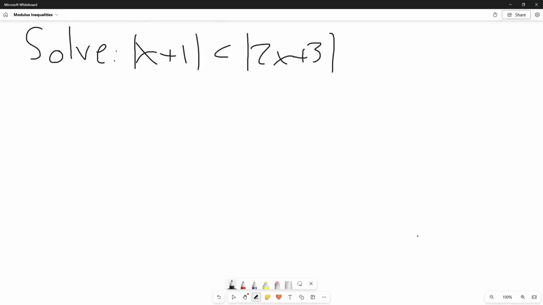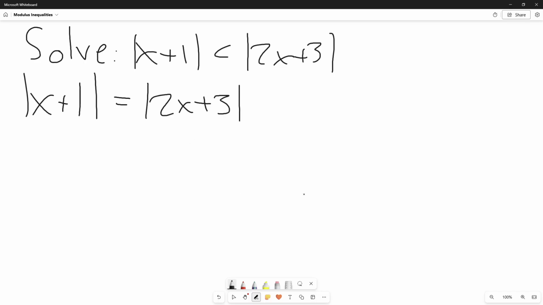And now let's do another practice problem. If you think you know how to do this one, pause the video and try it. This one says solve the inequality absolute value of x plus 1 is less than absolute value of 2x plus 3. And for this one, it will be easier to first write the corresponding equation like this,